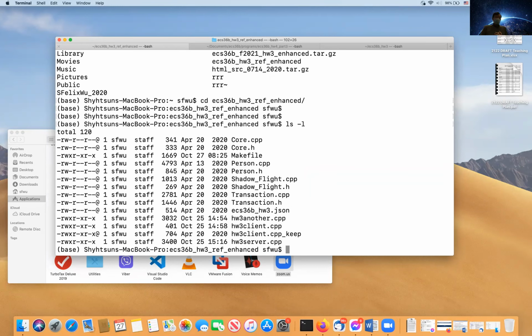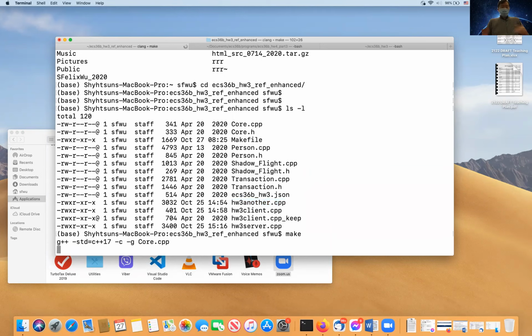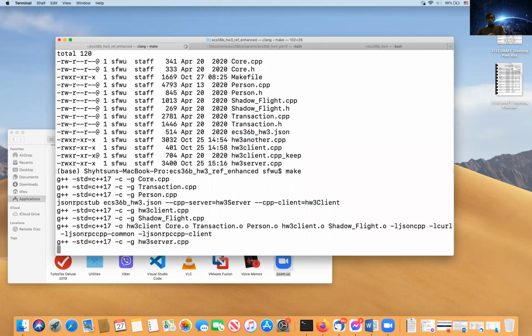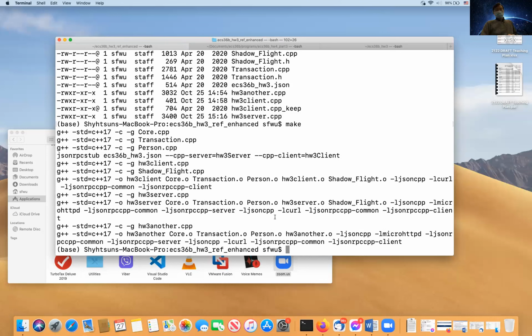The difference is that now I have a new file called HW3 another, and I modified the Makefile correctly based on the discussion on Monday, so that when you type make, it's going to generate 3 programs: client, server, and another, which extends that one-client, one-server program to a one-client, two-server program, which has a more interesting interaction about how the real object is. Essentially, I use this example.